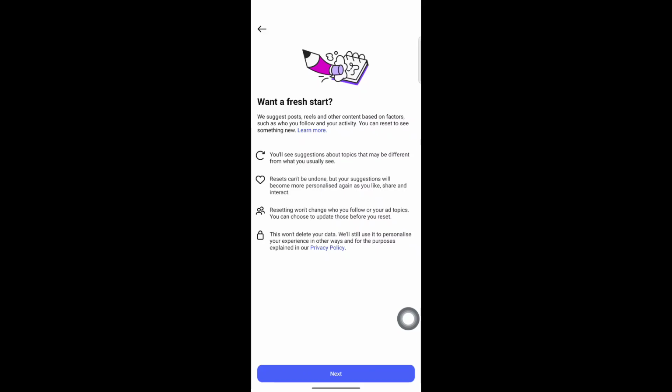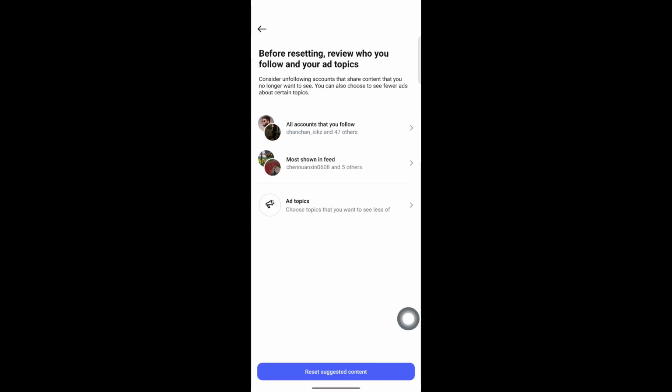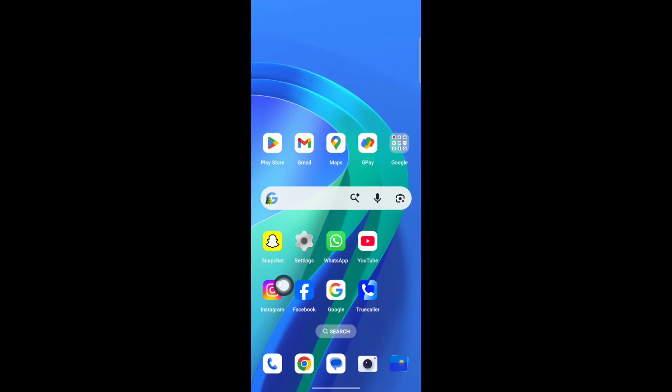Here is how you can completely reset your Instagram algorithm. If you are seeing a bunch of content on Instagram which you are not interested in, then resetting your algorithm will fix the problem. Let's open your Instagram app